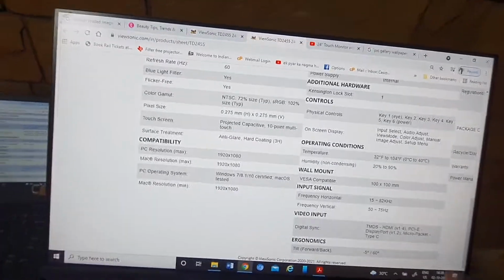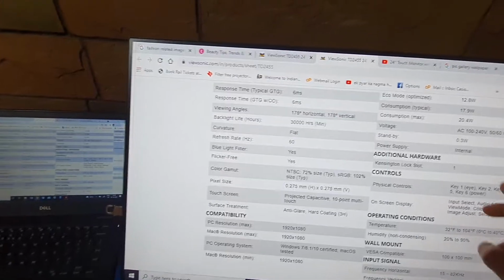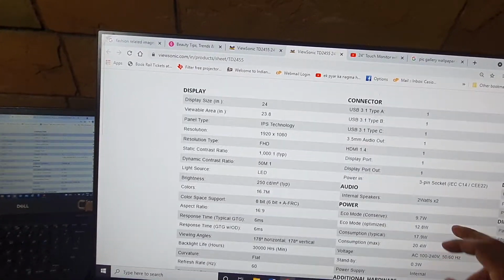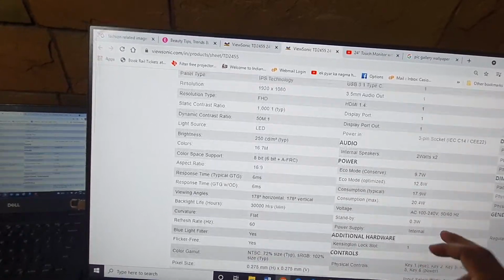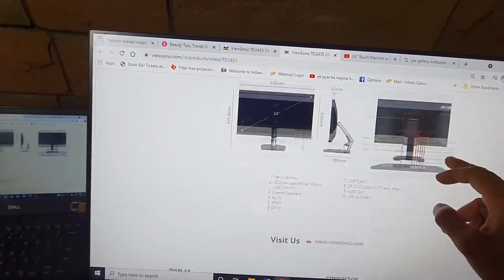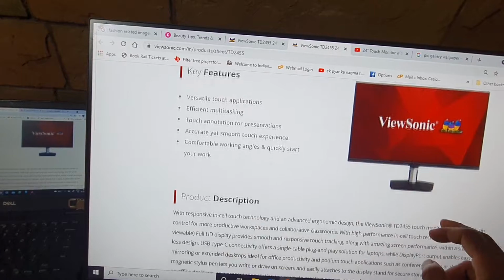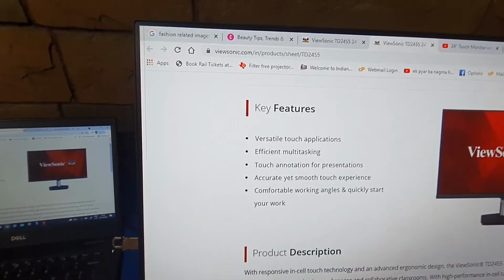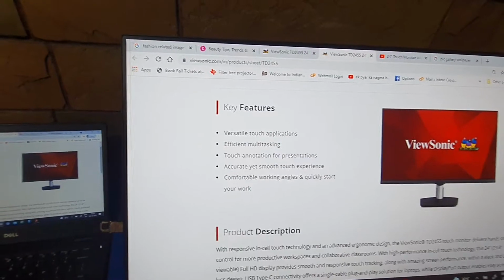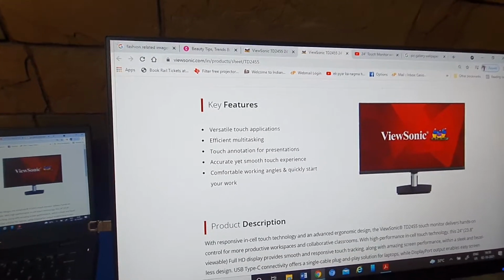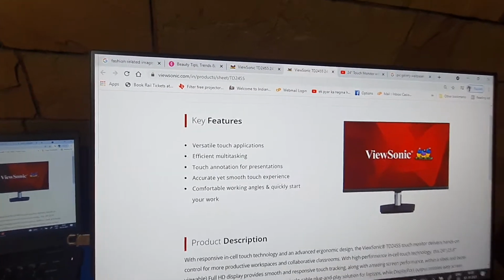It's anti-glare, I mean, you won't find reflections of any bright objects. The features are versatile touch applications, efficient multitasking, touch annotations of presentations, accurate yet smooth touch experience, comfortable working angles, and quickly start your work.